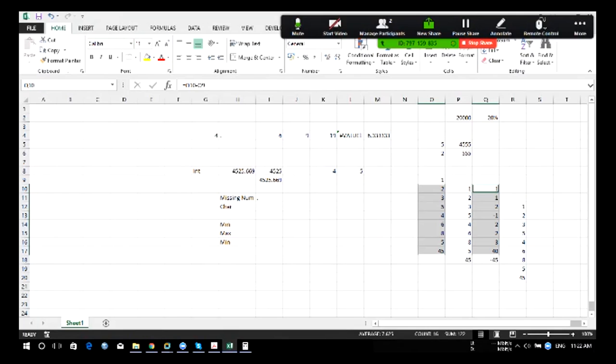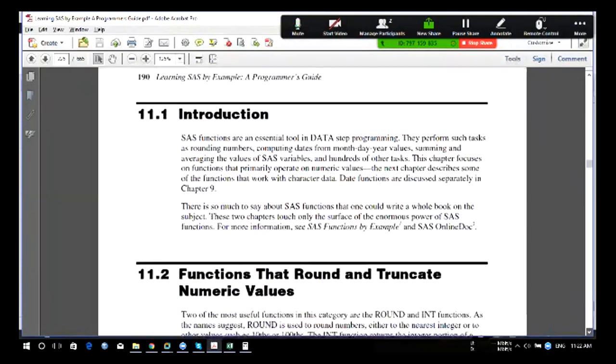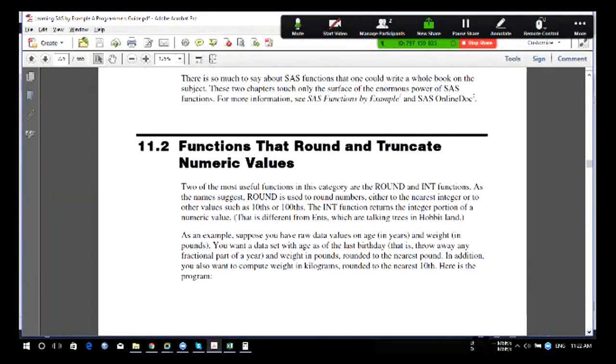So in this chapter, we are talking about all those functions. First they start with the round and int functions. As the name suggests, round is used to round to the nearest integer or to the value at the 10th and 100th position.